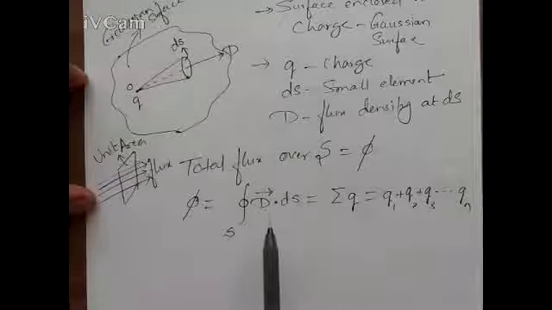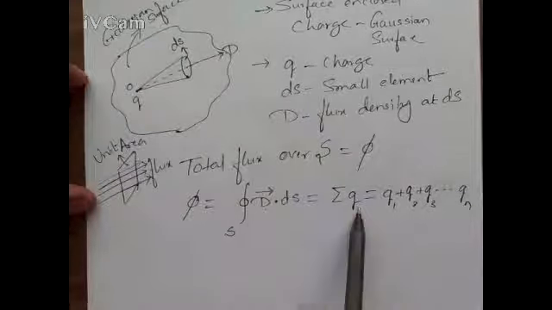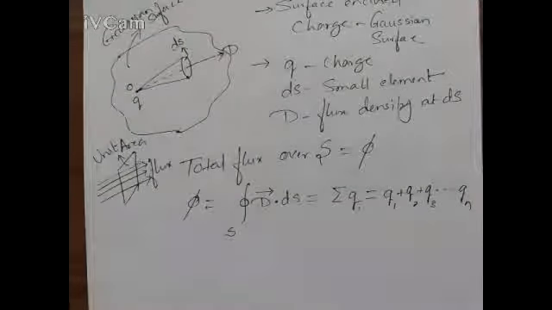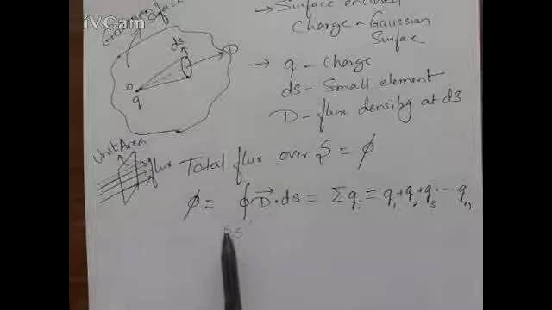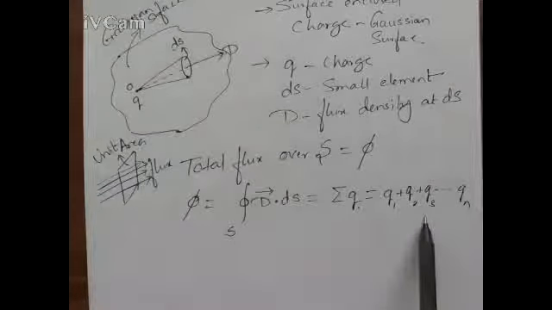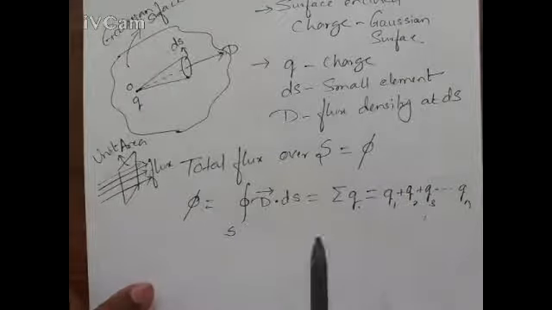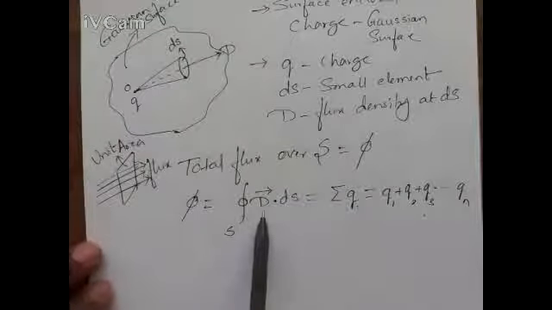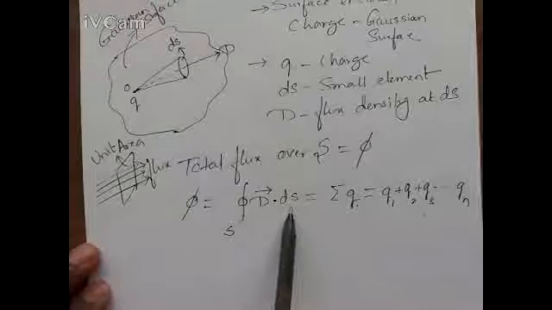What is the Gauss law in electrostatics? This is the mathematical equation. This we should write in the form of a sentence. In the last definition, I wrote the definition first and converted it into mathematical form. Now I am writing this equation, and we should write that in the form of a sentence. So convert this into a sentence. What is this symbol? What is this d? What is this s? I will write that in the sentence.